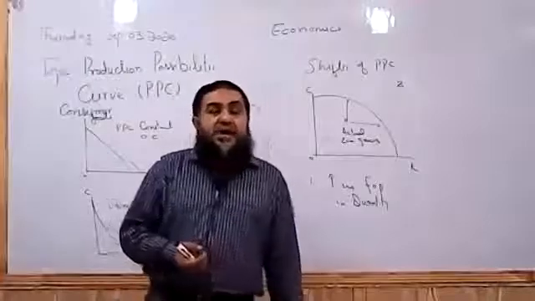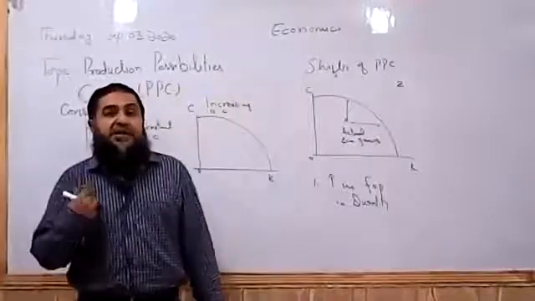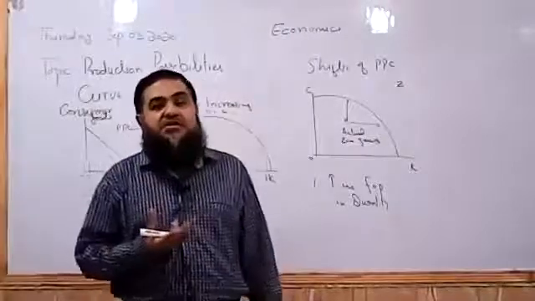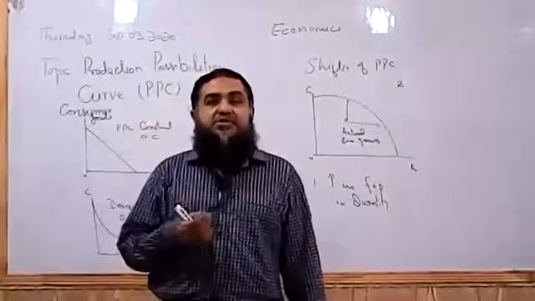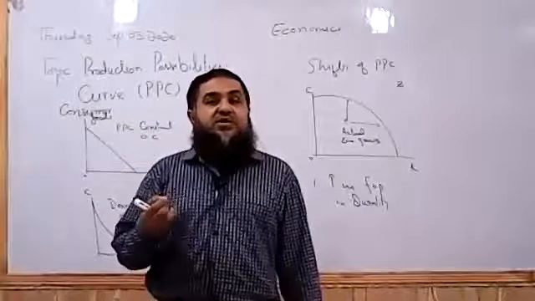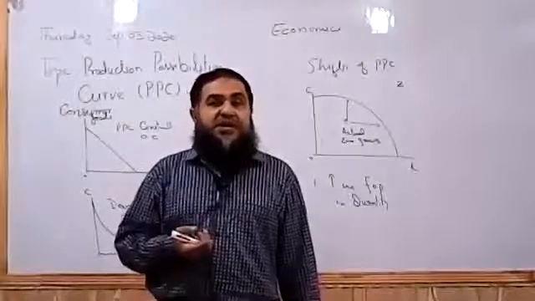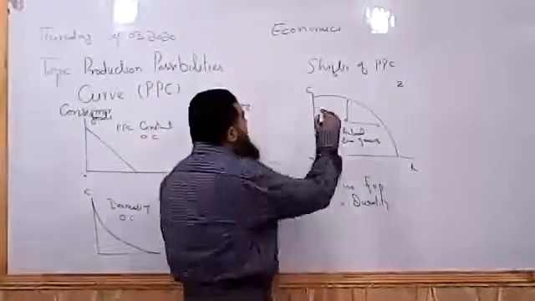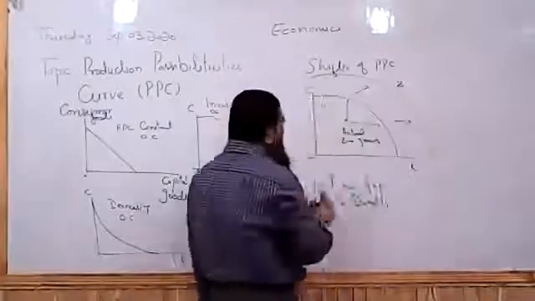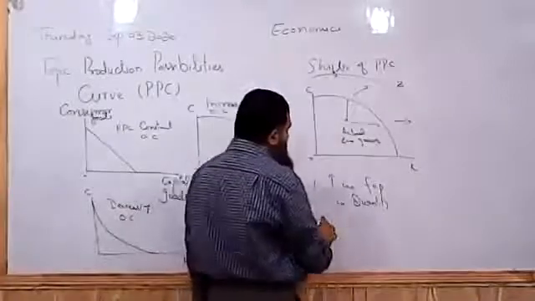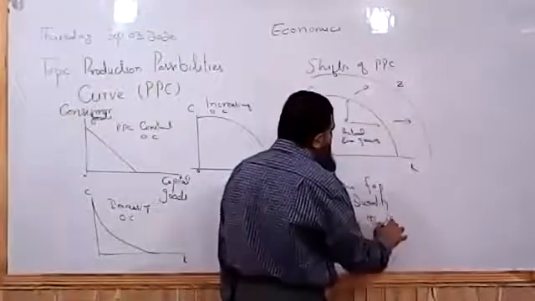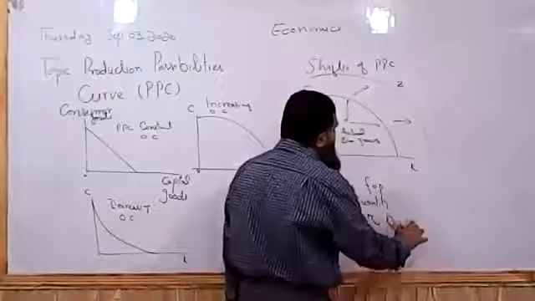Labor can be increased. On the same grounds, we can say capital can also be increased in quantity. We are able to produce more capital goods. So when more are produced, more potential of the country has increased. We can say in quantity and quality, if factors of production are increased, what happens? Our PPC will be shifting outward. So when it shifts outward due to increase in the quantity of factors of production or increase in the quality of factors of production, like their productivity has also increased.